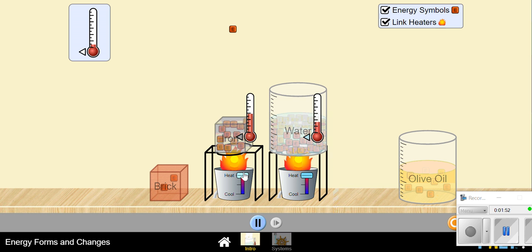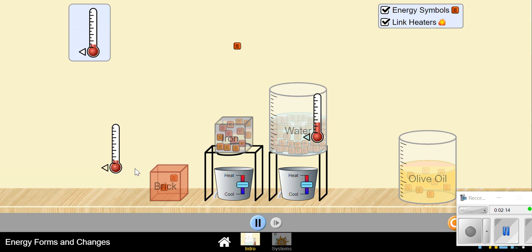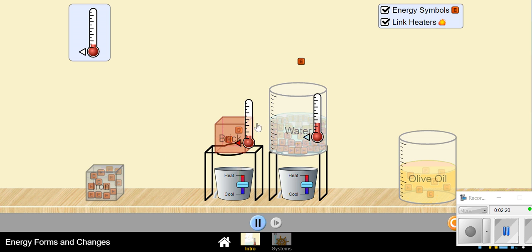So if you take an object with a low specific heat like iron, it's going to heat up fast and cool off fast. High specific heat like water is going to heat up slow and cool off slow, which is why cities or towns near water have temperatures that change slowly because of that specific heat. And objects that are further away from water, so brick is kind of like rock, if it's further away from water,